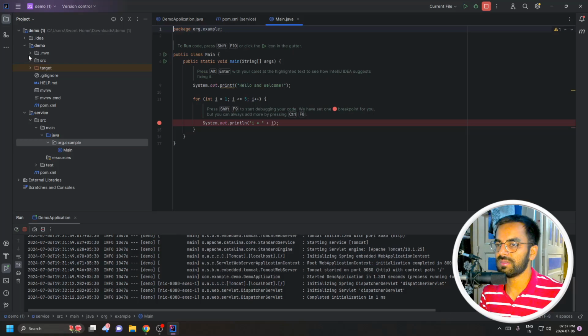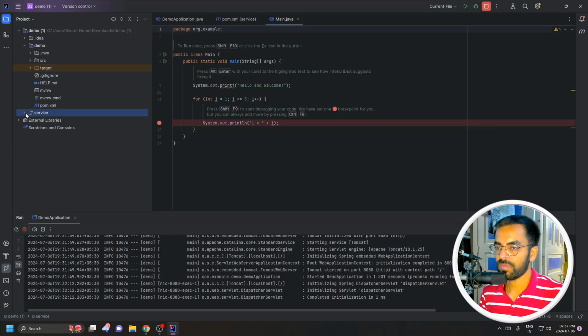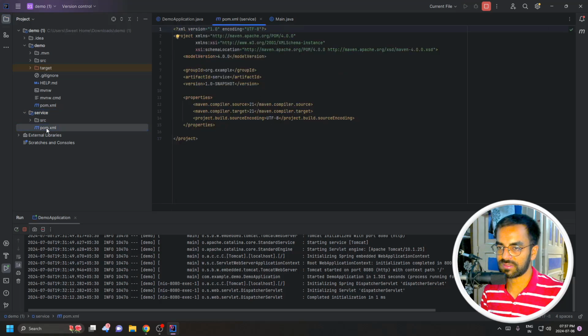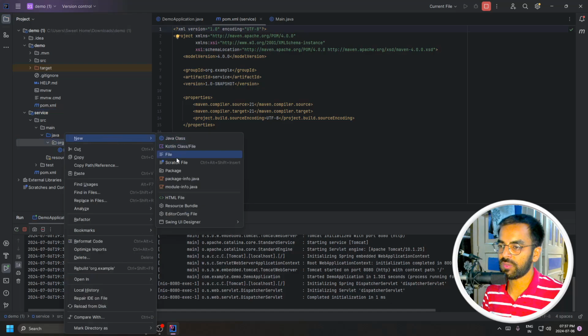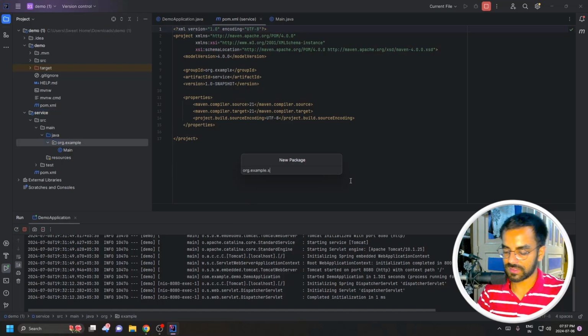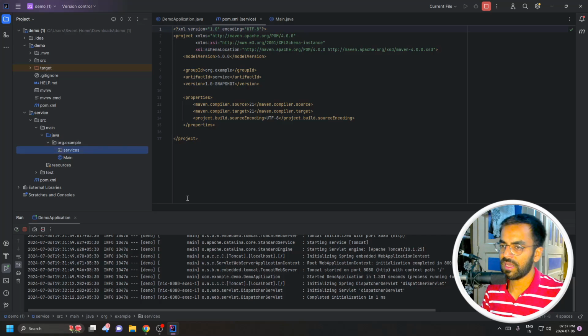You can see that I have this service module, having a separate pom.xml file, so that if I create more modules and I want to consume their methods in this module, I can add dependencies here. Let's suppose I want to consume service methods in the main project. How can we do it? Inside of main, test, java, I'm going to create a new package and name it services. Then inside of services, I'm going to create a new Java class and name it